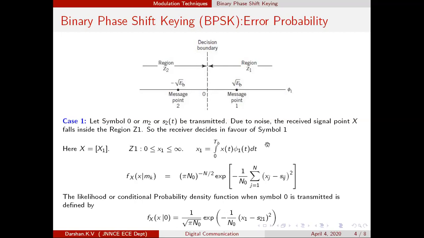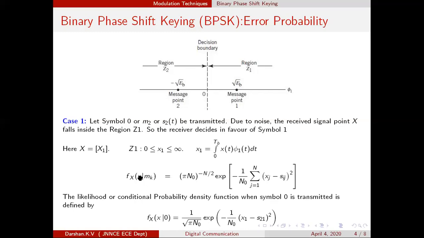So with this knowledge, the sigma won't be there. Therefore, I have not used that sigma. What do you mean by this n? N represents the dimension of the vector. Here the dimension of the vector is 1, so I have substituted 1 over here. And this summation won't exist because j goes from 1 to 1, x1 minus s21. Here I have written s21. Do you know why I have written s21?